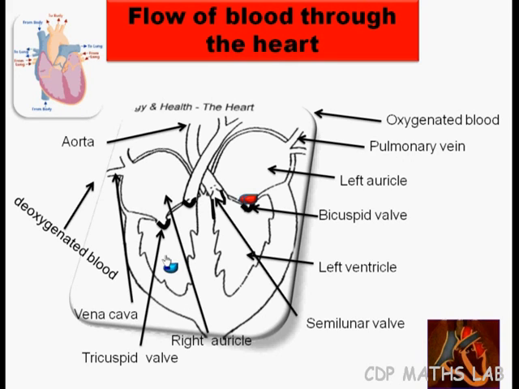So it is called a double circulatory system simply because the blood enters the heart twice before returning to the what? Lungs. So of course, the right ventricle now pumps the blood out